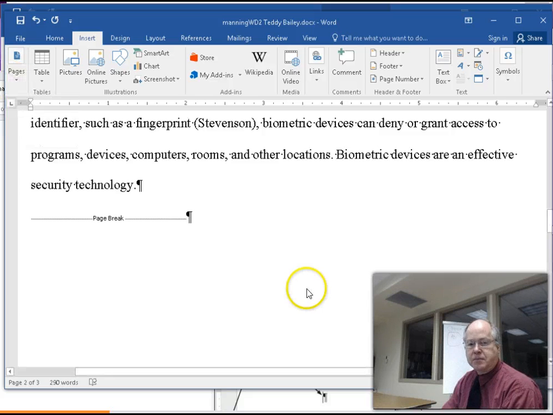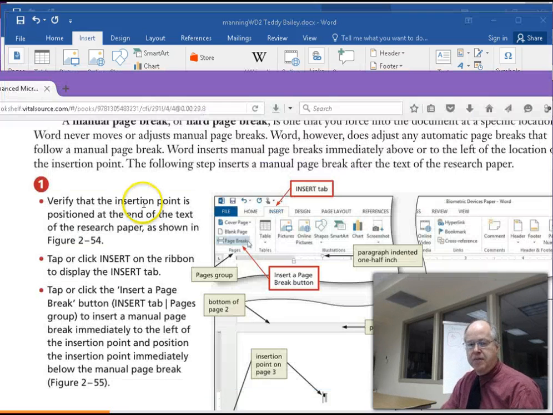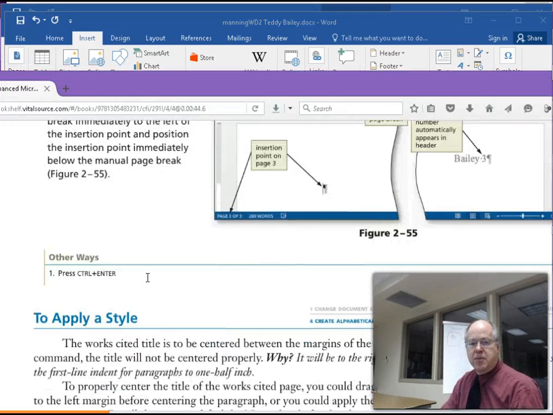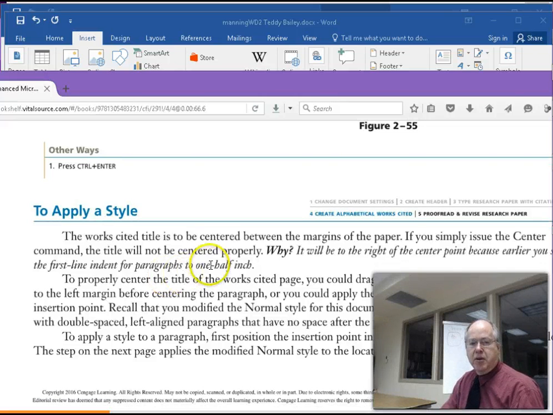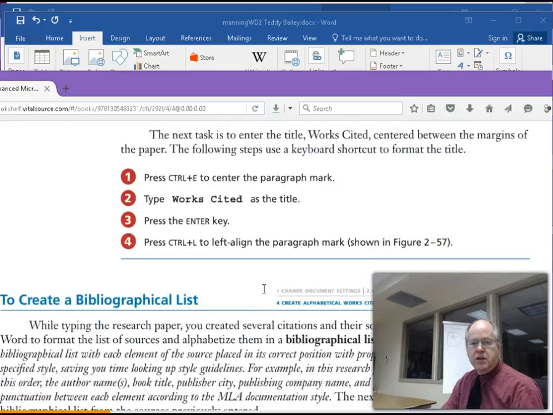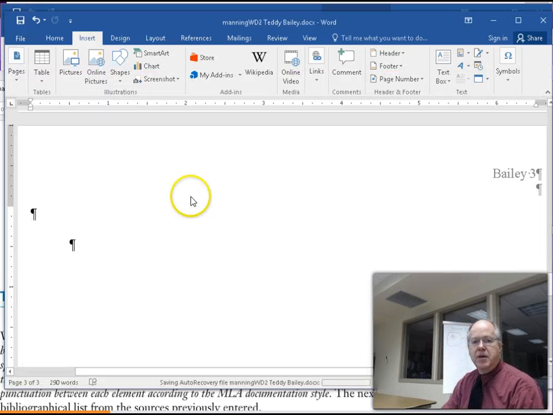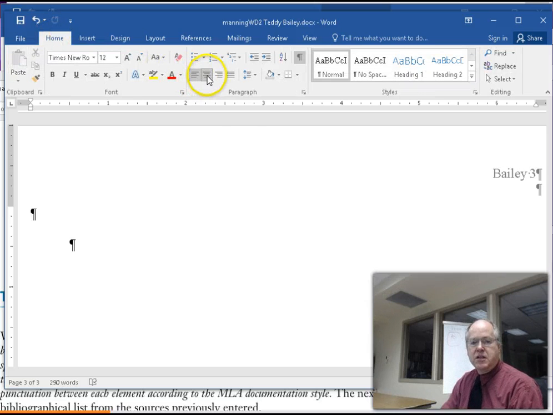Okay, now I'll go down to that second page, and now I'm going to insert my works cited. They do it a little different. I would have just gone bibliography, cited. Uh-oh, we got to play with the style again. We're going to center, and then we're going to apply a style to the paragraph, and then put in works cited. We're going to type in works cited manually. So I don't know why they do it manually, because it's there in the built-in insert paragraph, but let's go ahead and do what they want. Centering that line, typing in works cited,